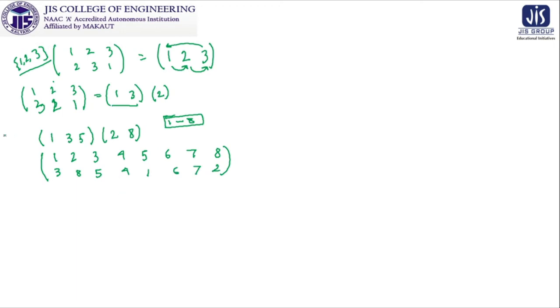So this is the generation of the permutation from these particular cycles. And this is one important observation from this one. Here they are disjoint cycles, means there are no common element.